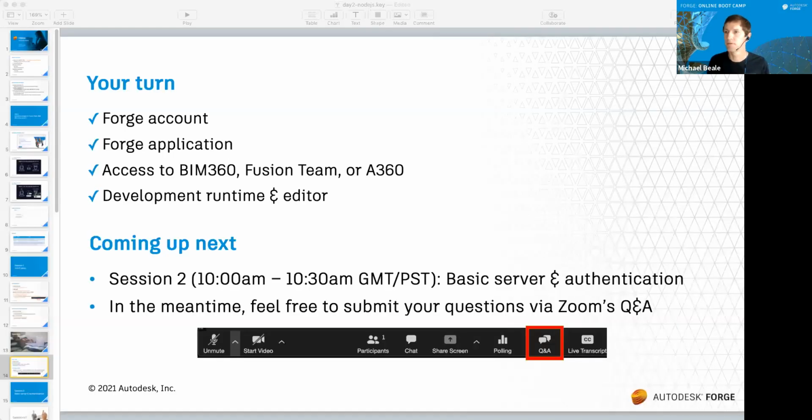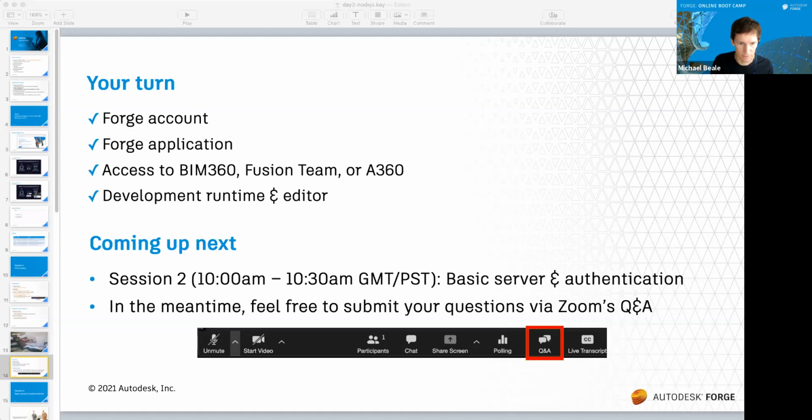Really quickly, for those who are just thinking out loud, if you don't already have a BIM 360 account to test with, it may be worth signing up for an A360 Autodesk account. This is similar to BIM 360, but it's much more lightweight, and it's free to share, view, and review files. So that's another alternative if you have not got a BIM 360 account to test already. This is a quick and easy alternative. So let me know in the chat window or the Q&A if you want me to,